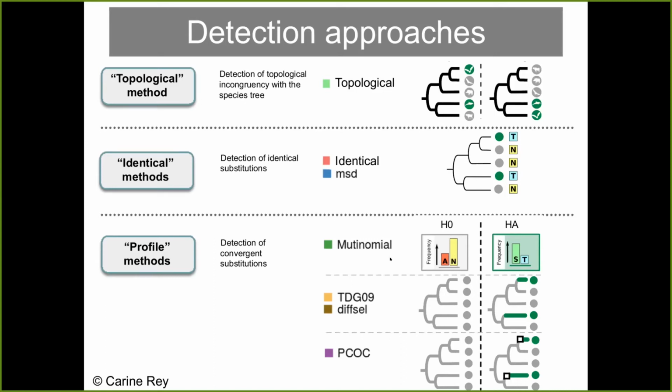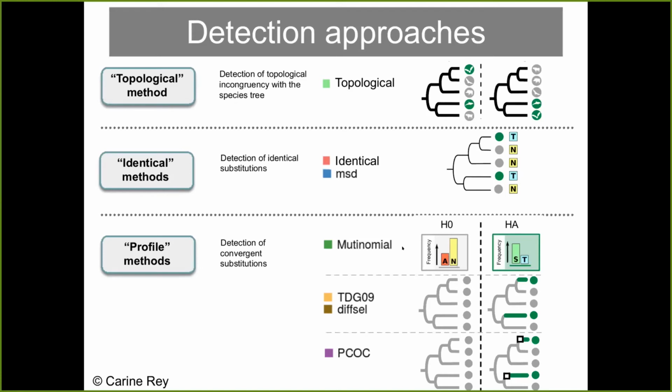And you do a likelihood ratio test with a multinomial distribution between either considering just one profile for the entire site, not distinguishing between species with the convergent phenotype and the non-convergent phenotype, or allowing 2 different frequency profiles for the species with the convergent phenotype and for the species with the non-convergent phenotype. So you don't have the same number of parameters. You have 19 parameters in one case. You have 38 in the other case.